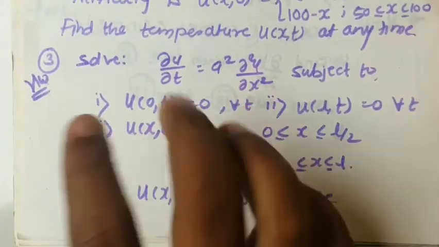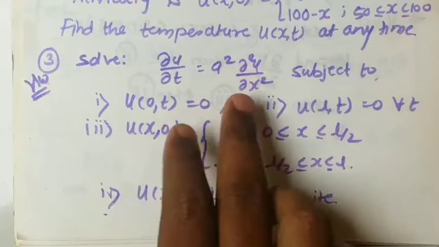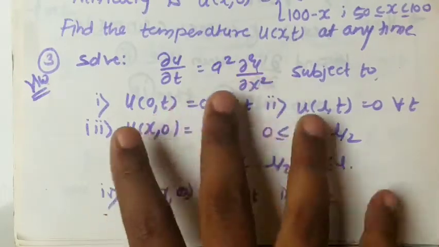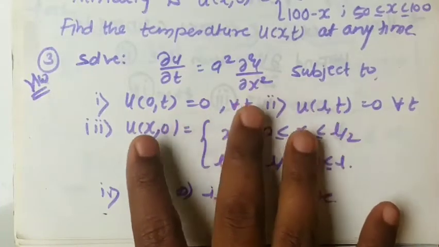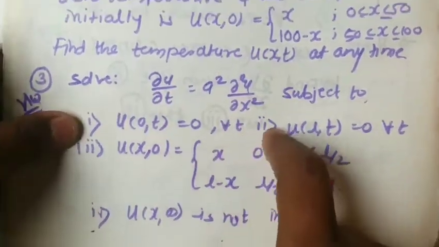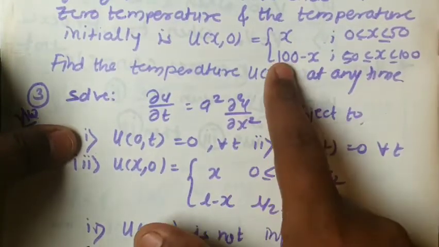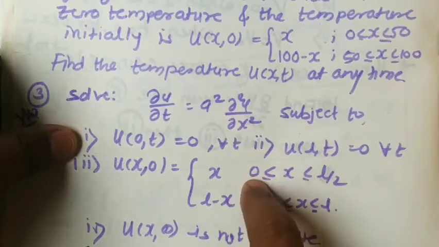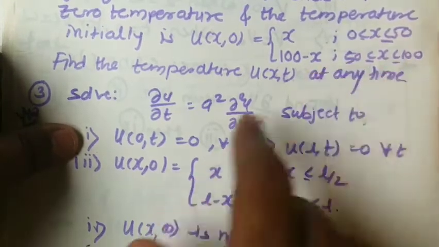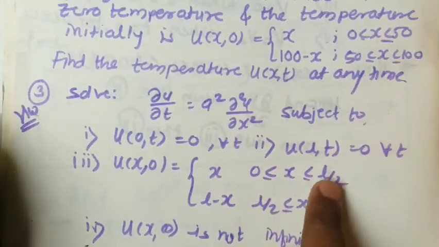The next problem is similar to the previous problem, only the change is the value of the differential equation is also given, and the value of the condition is also given in the differential equation form instead of word form. And if you see here, we had 100 minus x, here we are having L minus x, here L is 100, both functions are similar, 0 to L by 2, L by 2 means 100 by 2, that is 50. So both problems are exactly similar, only instead of L equal to 100 we are having L here.